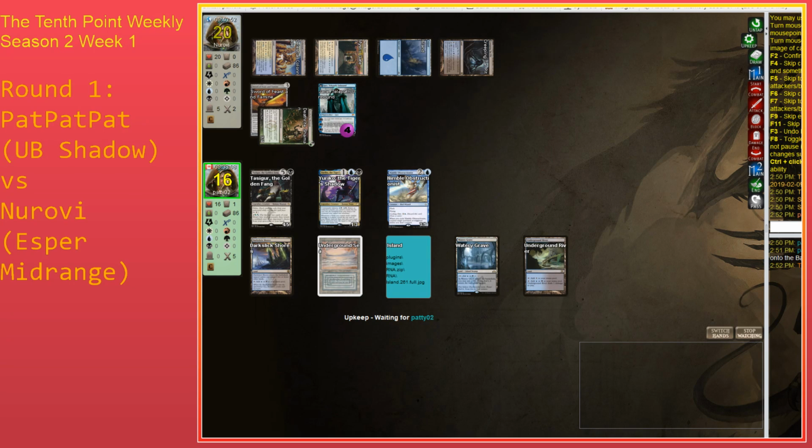Yeah. Pat has a Tassigor. Patty, why am I at 16 life? Deathrite Shaman triggers, my dude. Probably. Looks like it, yeah. It's knocking down twice for no reason. 1, 2. Okay. Yeah, I was wondering why nothing was happening, but...